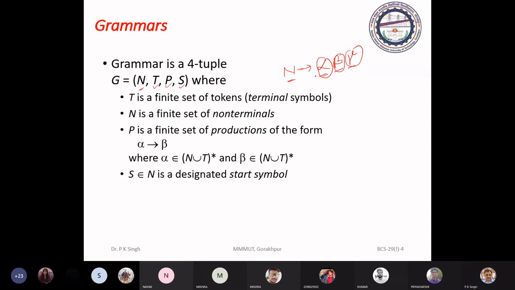This is called a production. This alpha, beta, gamma may be either terminal or non-terminal. The terminals and non-terminals are said to be grammar symbols.